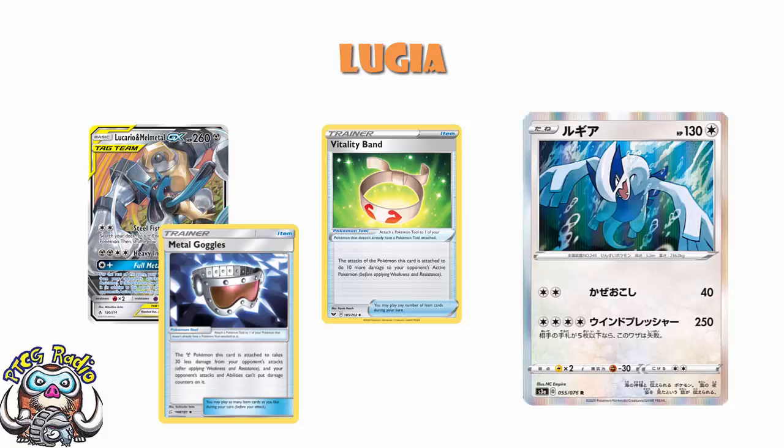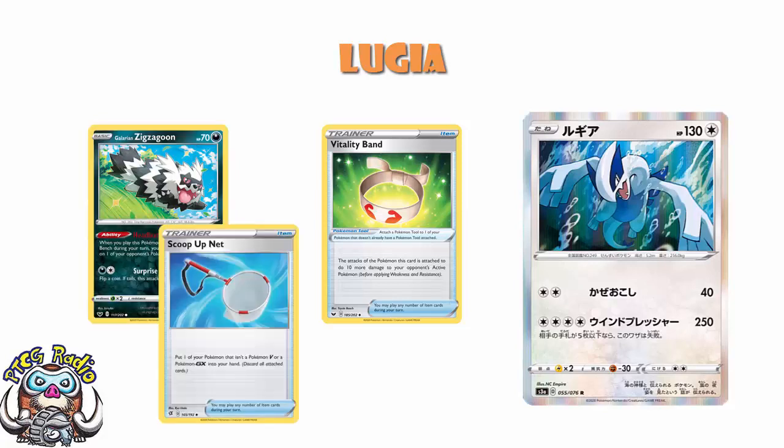It's not getting VMAXs and it's not getting up for the bigger tag teams, but even then, you could play something like Galarian Zigzagoon and Scoop Up Net to make up the difference. Again, you're taking free prizes here. It's probably worth it. I mean, if I've got to use Galarian Zigzagoon, Vitality Band, and Scoop Up Net, but